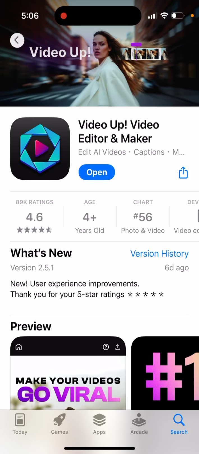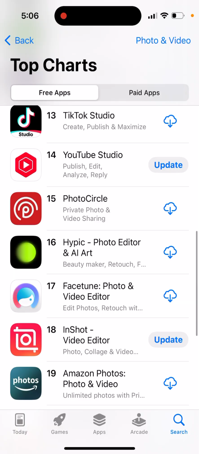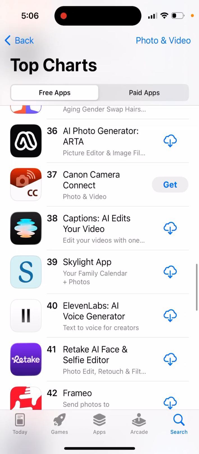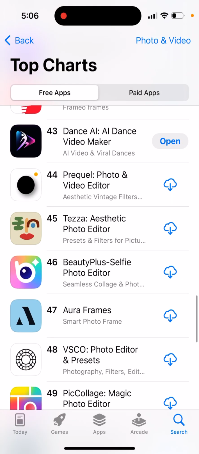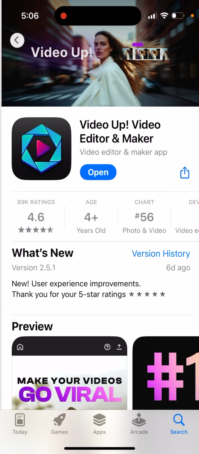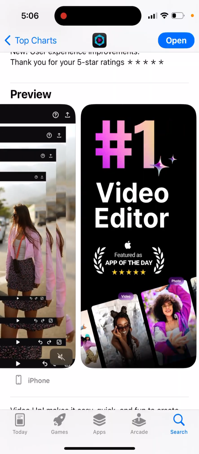Video app. It's a new rising video editing app. So it stormed itself into top charts in new video editing apps. It's kind of now a competitor to CapCut and iMovie. It's quite popular video editing, especially for AI videos. So to create viral content,